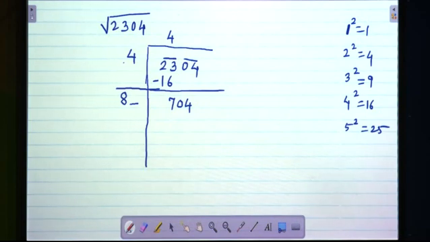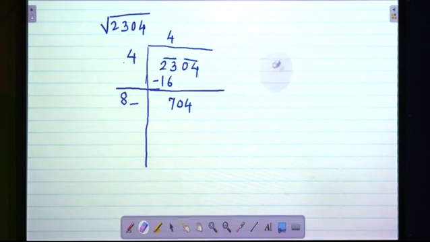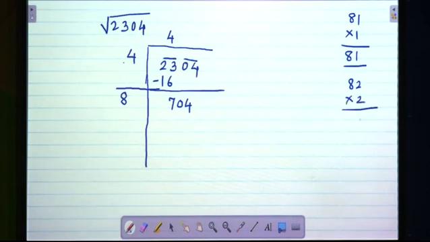So let us start in this way. We do this in the rough column on the right-hand side of our notebook. 81 ones are 81, it is too small. 82 twos: 2 twos are 4, 8 twos are 16, again it is smaller. 83 threes: 3 threes are 9, 8 threes are 24, again it is smaller. We are guessing the digit that is required here.